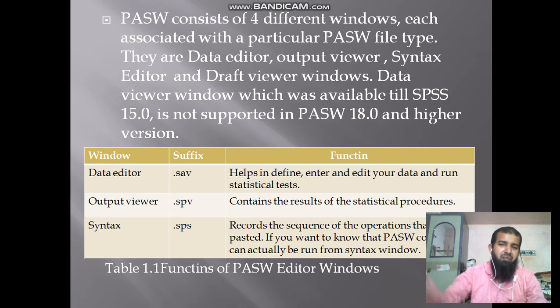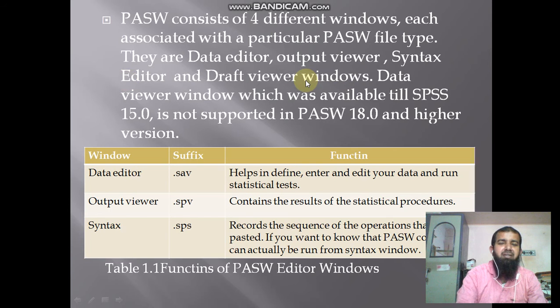There are many versions of SPSS. In higher versions of SPSS, that fourth window, the draft viewer window, is not available. So we are studying only three windows: data editor, output viewer and syntax editor.